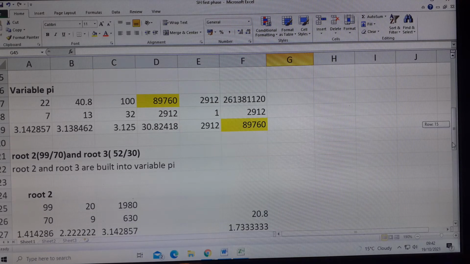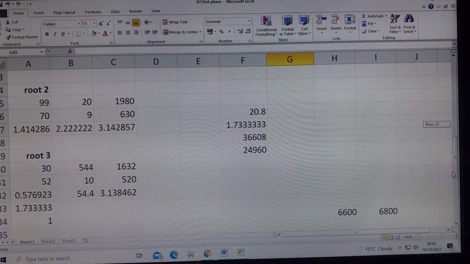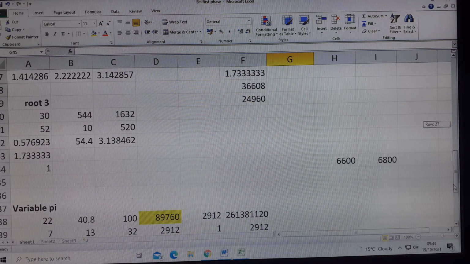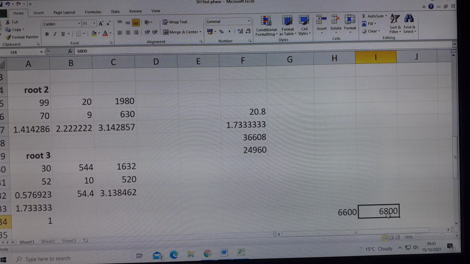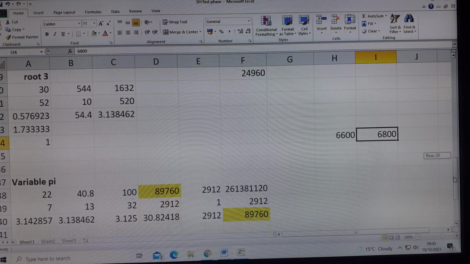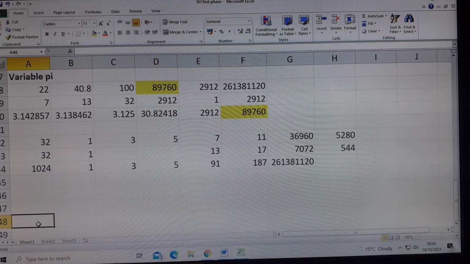Then we went through the versions of root 2 and root 3 that are built into the versions of pi, and then we looked at the cycles that they were using, the 6600 extended Saros and 6800 nodal cycle. And today we're going back to this variable pi calculation, and we're going to look at prime numbers that are involved in this